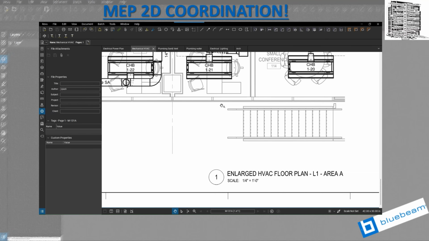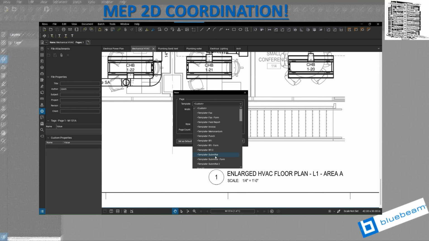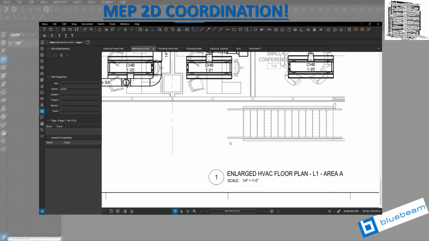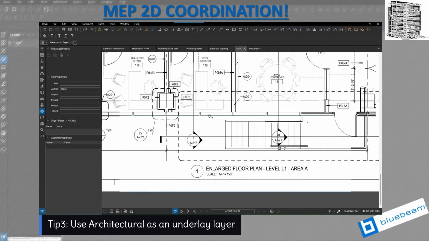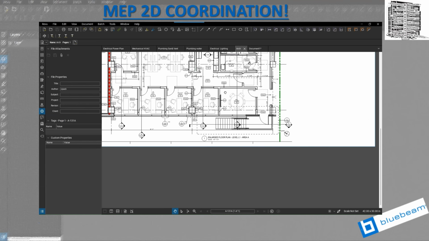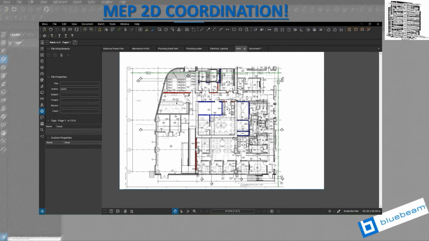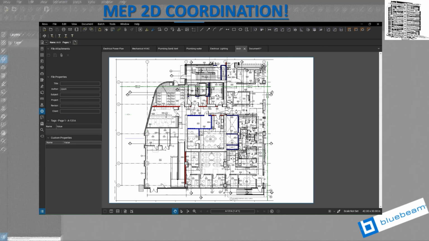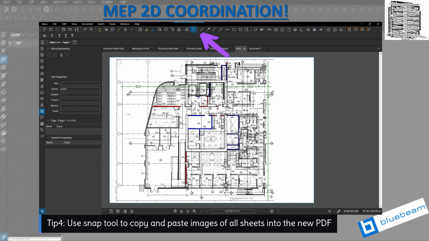So the next step, we need to have a blank canvas. So I'm gonna go to PDF, I'm gonna make it a little bit big. So 36 by 48, I wanna make sure I select landscape and hit OK. So the first sheet that I'm gonna go to would be my architectural, and the reason is because I want to have the architectural background under all of these systems. So what I would do is I go to snap tool, snap this area,